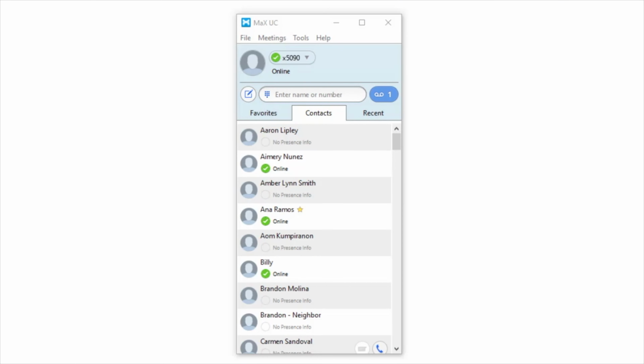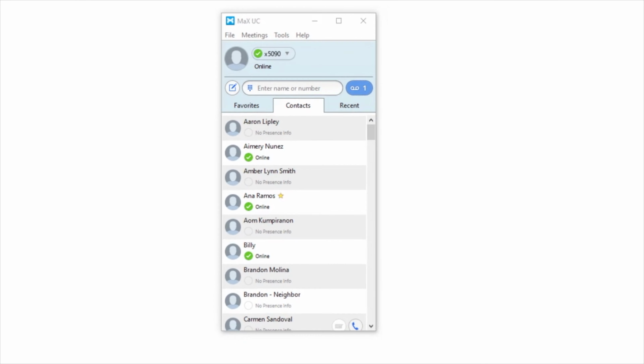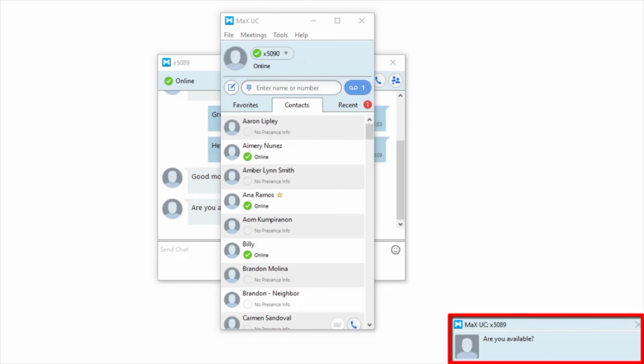Your Mac's UC desktop client may include instant messaging and presence capabilities. Once the sync is complete, you will see all your configured chat contacts with presence status, such as available or offline. You'll see an on-screen notification when one of your contacts sends you a message, and the message window opens